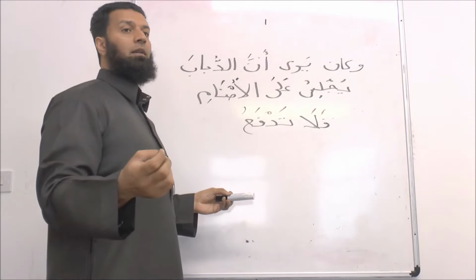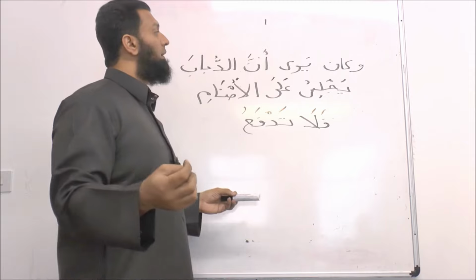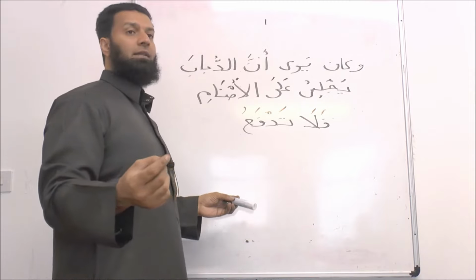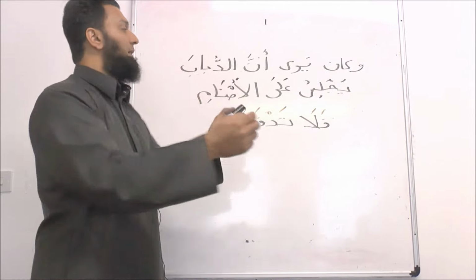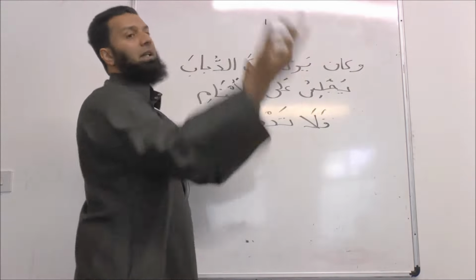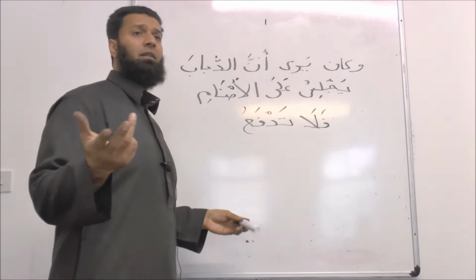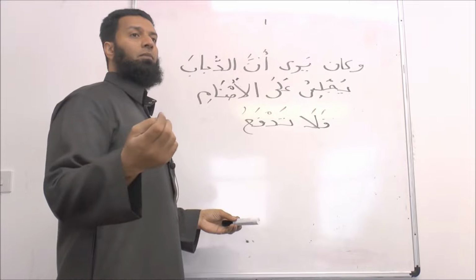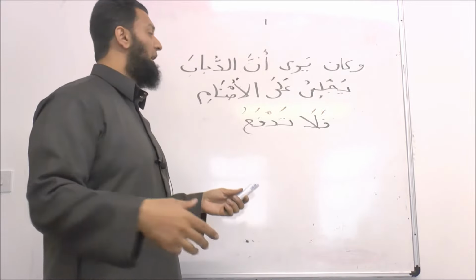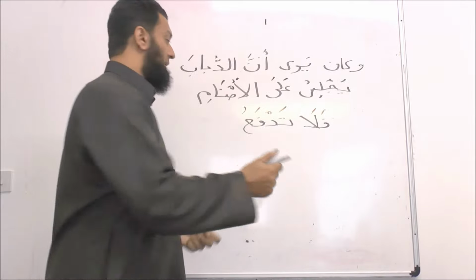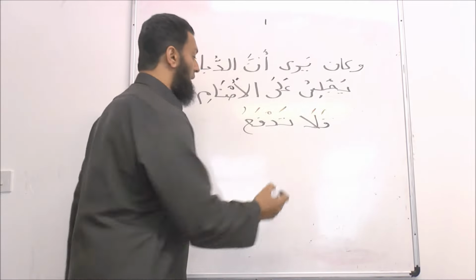But wakana starts as a jumlatul fi'liya. Yara is also a verb. Yes. But that just means that we're going to have a jumlatul fi'liya within a jumlatul fi'liya. Which is perfectly possible, because a simple example of that is, for example,